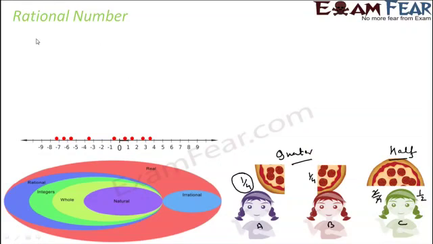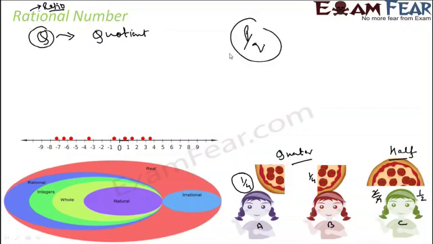These numbers are called rational numbers and denoted by Q. First, tell me why it is denoted by Q. Why not rational number by R? Because Q stands for quotient. And this word rational actually came from ratio. Please know, the word rational came from ratio. Ratio means something which you can write in the form of P by Q,